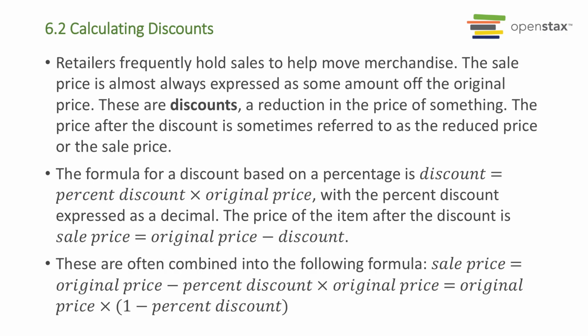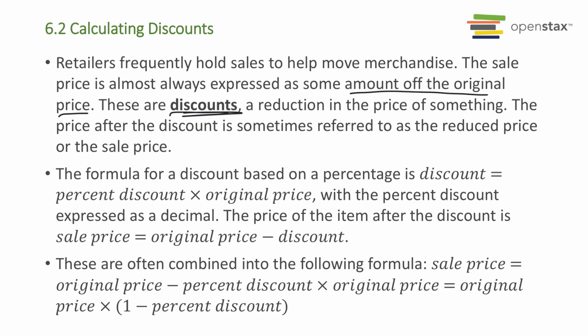So retailers frequently hold sales to help improve sales and move merchandise. So the sales price is always expressed as some amount of the original price being taken off. For example, a 40% discount, and these are called discounts. So this is a reduction in the price of something, and so the sales price is considered a reduced price